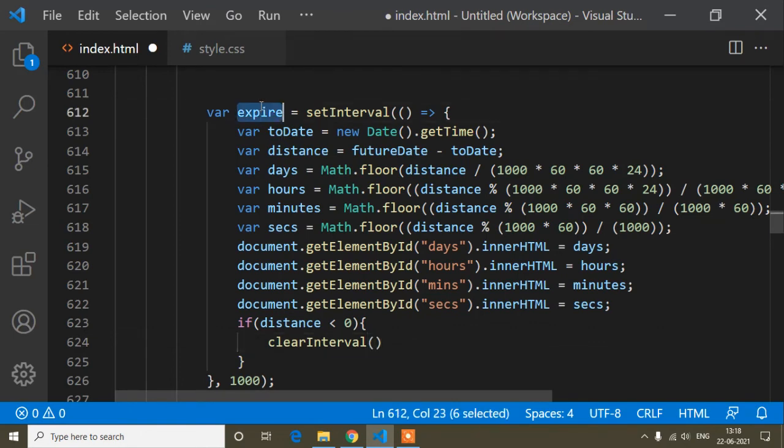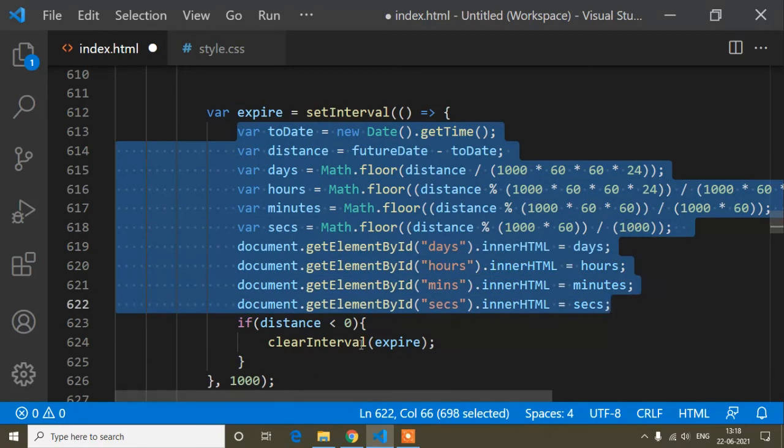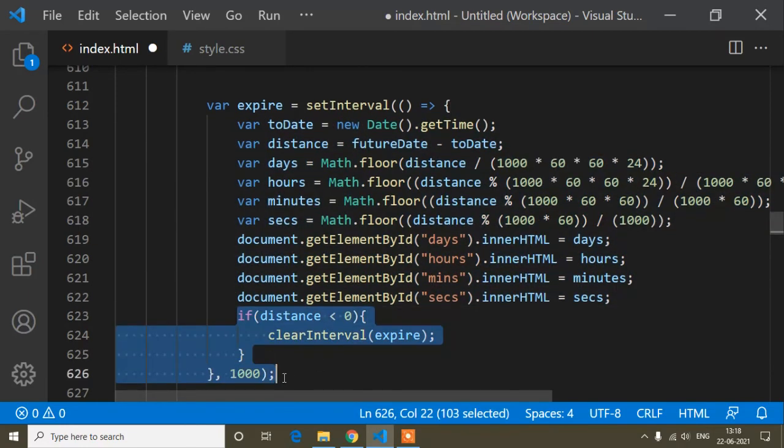That is expire, because in this expire I have stored this setInterval method. So I will copy this and paste. That means when we don't have any remaining date, the method will be expired, I mean it will stop counting down. That is clearInterval. Okay.